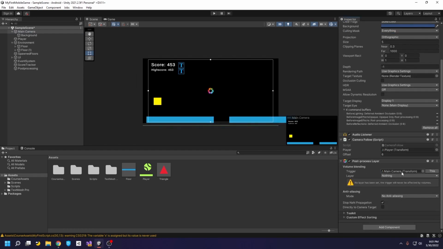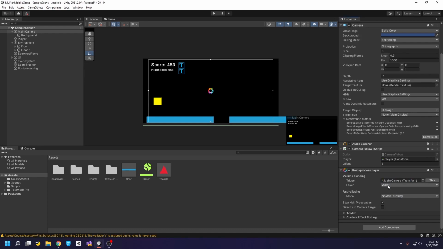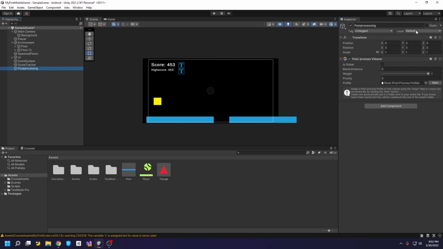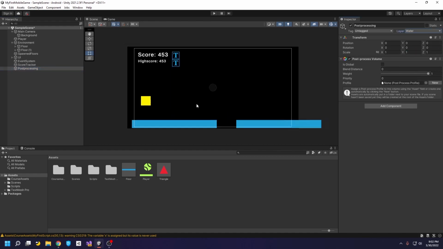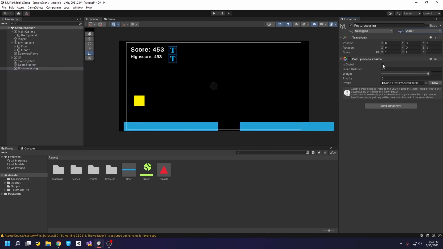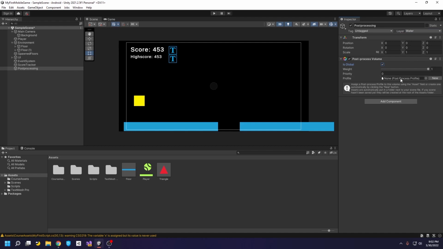We're going to go over here and we've got our trigger. Now the layer is going to be set to nothing. That's basically saying, okay, we can't have post-processing. If we set a layer here, we set what we want to be able to add post-processing. So I'm actually going to set it to the water layer, not for any other reason than we're not going to use the water layer. So that's kind of a spare layer we have. So I'm going to make it water and leave everything else the same. Then I'm going to go to my post-processing and change this layer over here to water, which is really cool. And now I'm going to tick this is global box